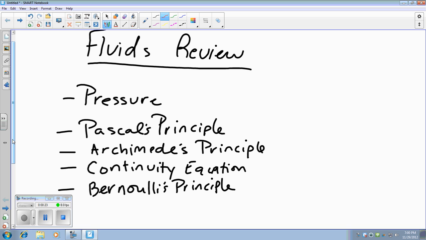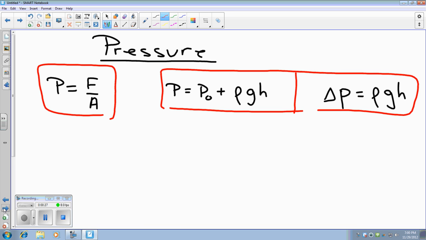The first one I'd like to talk about is the pressure. When we're thinking about pressure, we can really think about 3 different equations. This first equation is useful when we're thinking about applying a pressure more in the solid sense. So if I'm standing on the ground, how much pressure am I applying to the floor based on the force and the area of my feet that are applying to the ground,